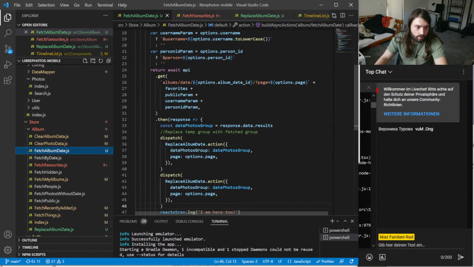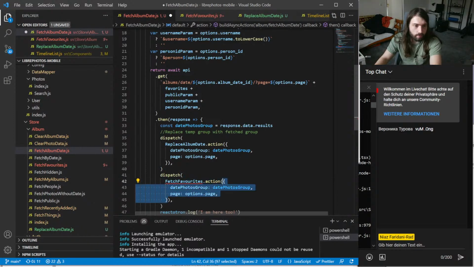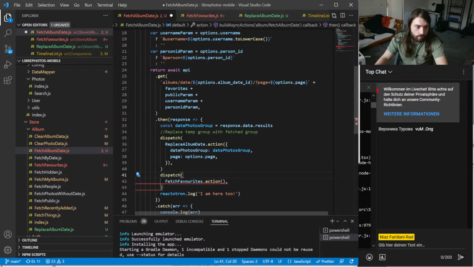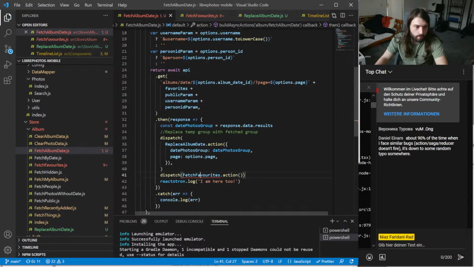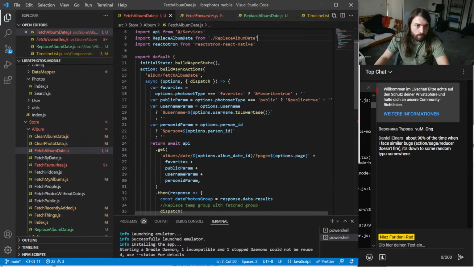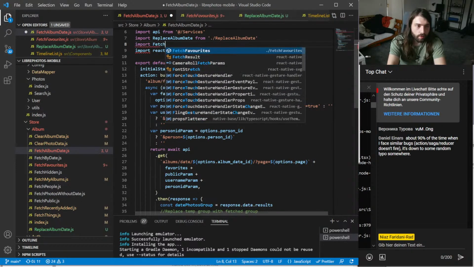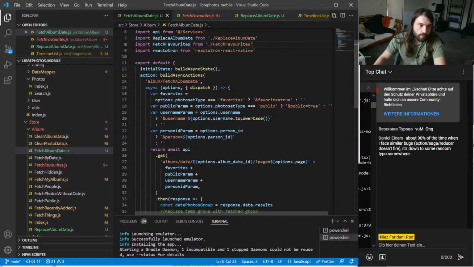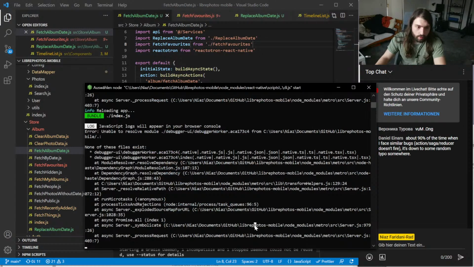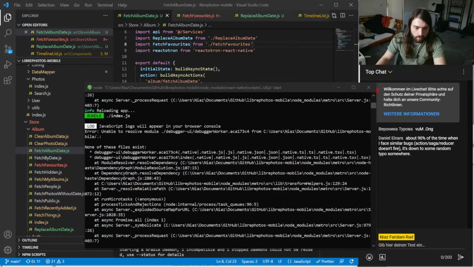Okay, F2. Import fetch favorites. Right, save. Let's see if this works. Reload.